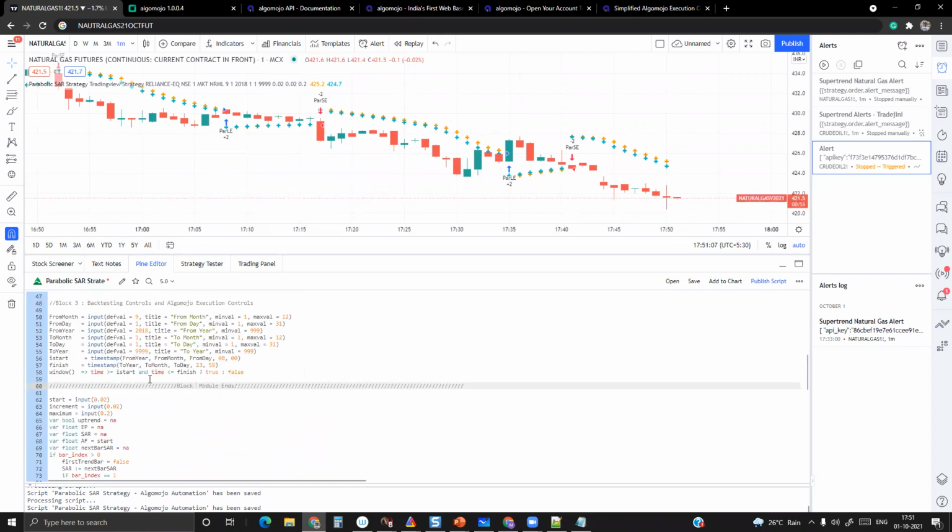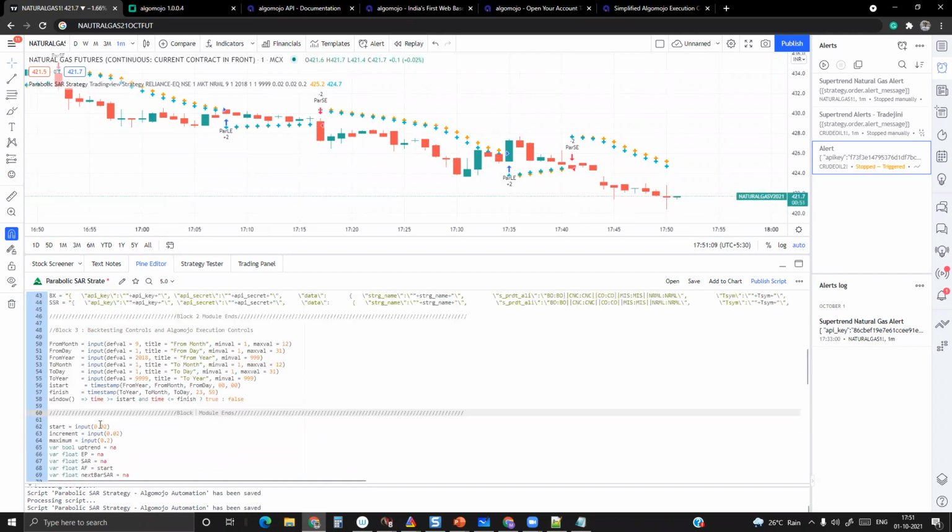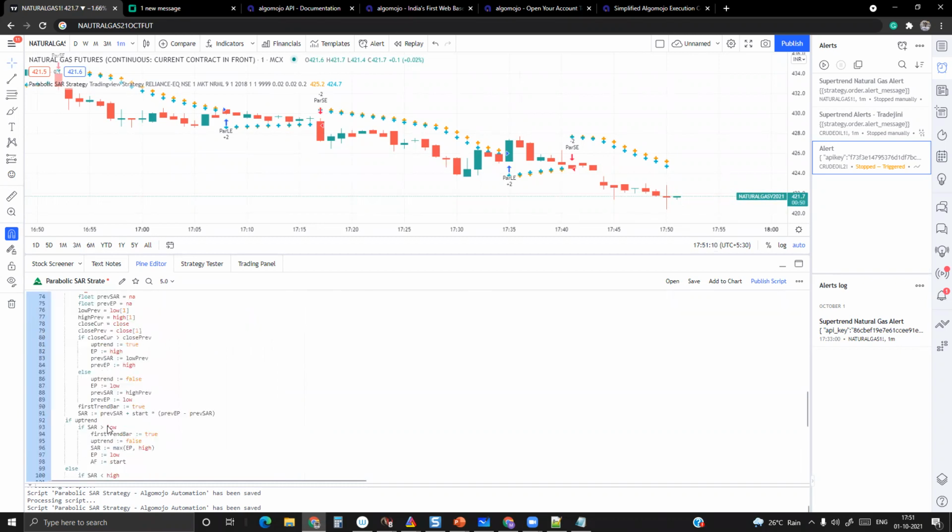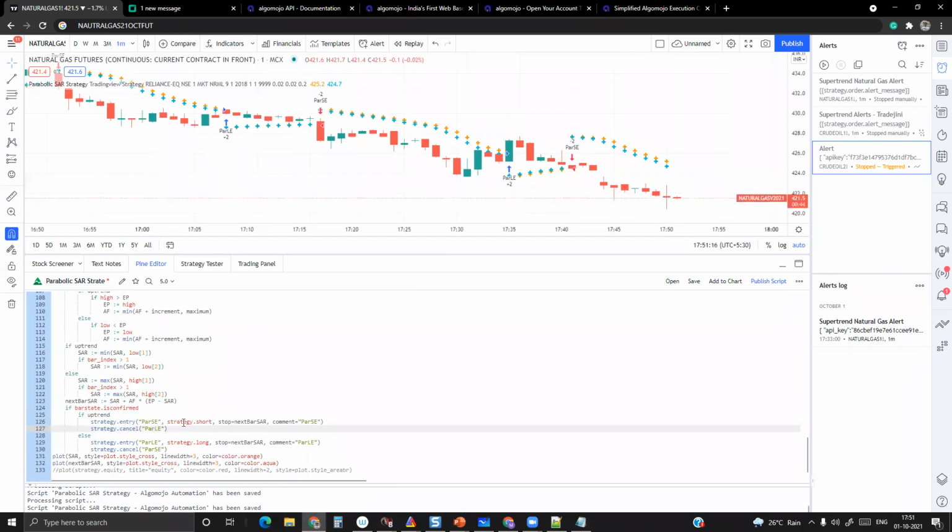So block 3 is done. Finally, if it is uptrend, they are saying Par SC. Par SC is a short signal, right? Par SC is a short signal. Par LE is a long signal. So here, I don't know why, if it is an uptrend, they are shorting. But here, since it is a short, I'll also bring the shorting module over here.